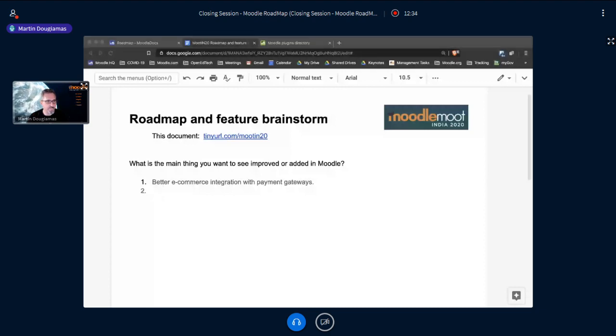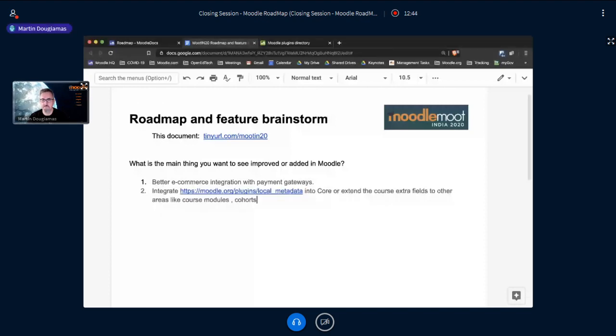Number 2 from Farhan, we've got integrating metadata into core. Okay, looks like pretty well written. So more metadata on course, on fields for modules, for cohorts, etc. Good one. I know exactly what you mean.